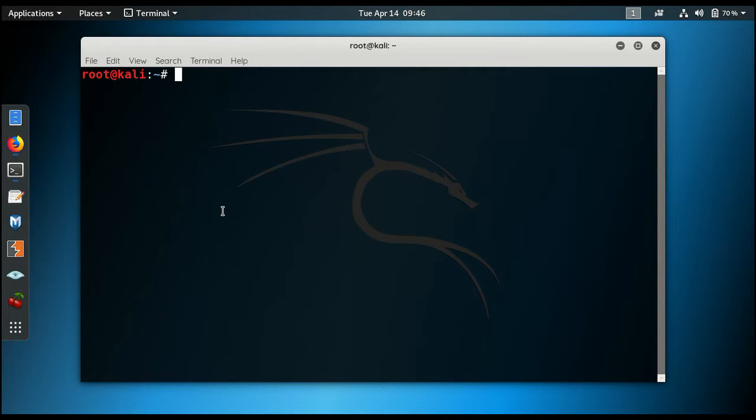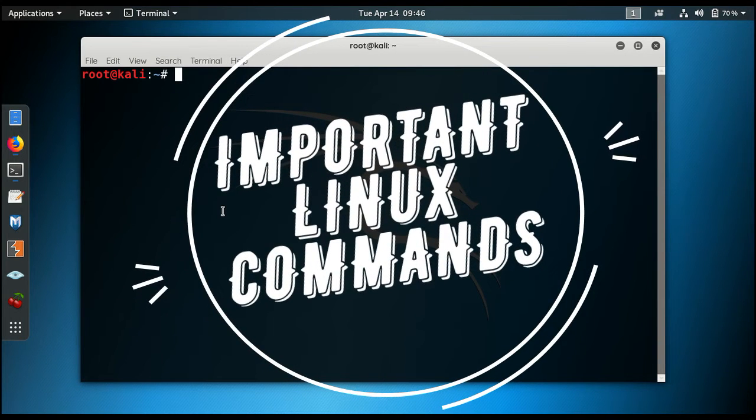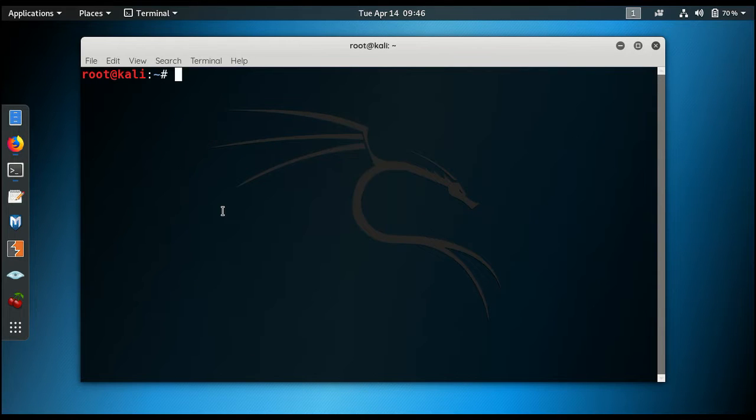In this video, we will learn the most useful and regularly used commands in any Linux system. These commands can be very useful for beginners who just got started to use any Unix-based OS. After this video, you will definitely learn some new Linux commands which will help you to use your Linux OS